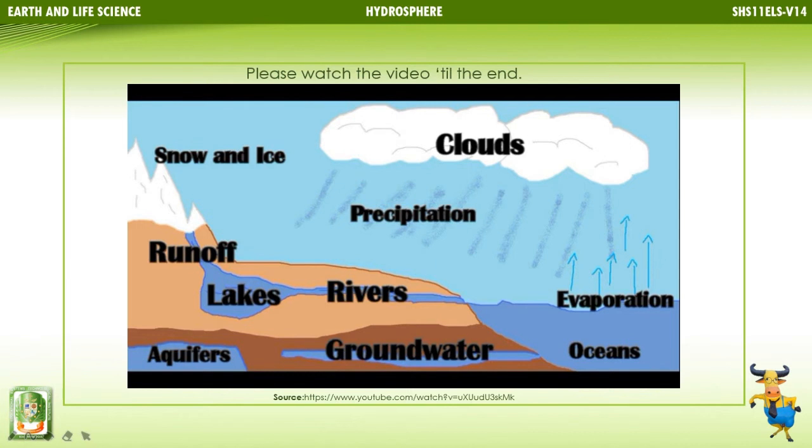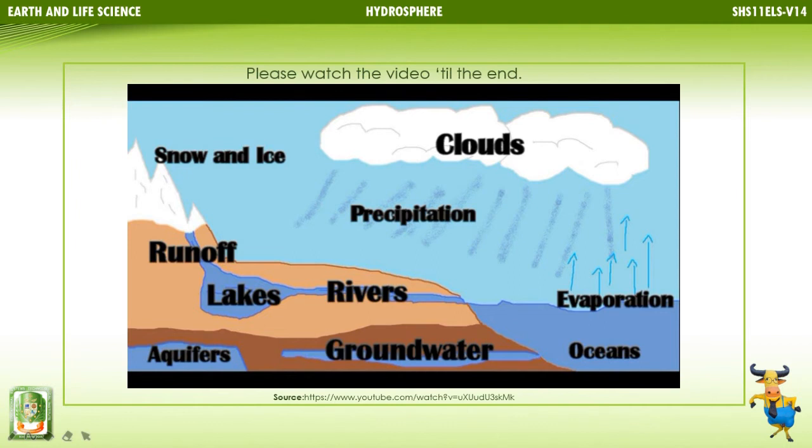Water from higher elevations will run down into pools of water, such as lakes or ponds, as runoff. Sometimes the water will make its way into groundwater. Some groundwater goes back out into the ocean, but other water coalesces in underground lakes known as aquifers. Aquifers are very important to how people live. Streams and rivers are surface water outlets back into the ocean.